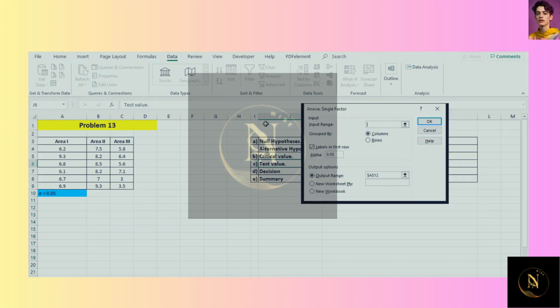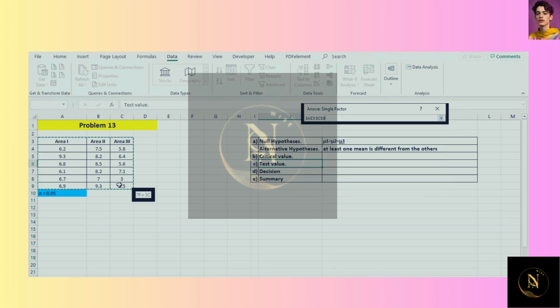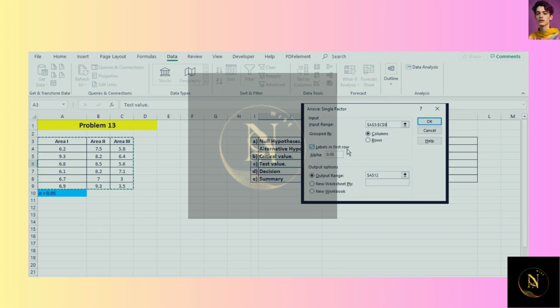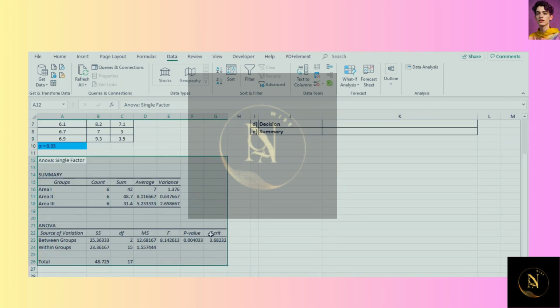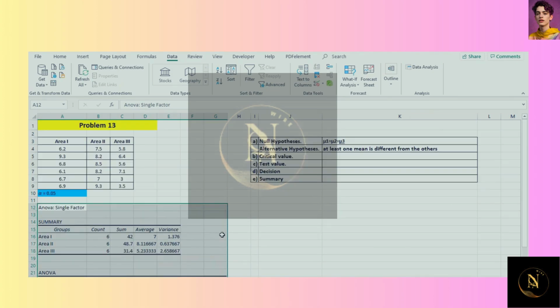So for the data, we need to select these 3 columns because those are the 3 groups, and then make sure that we check the labels being in the first row and alpha is 0.05. So for output, our result will come out here. Then we press OK. So this has already worked out the critical value, and the critical value in this case